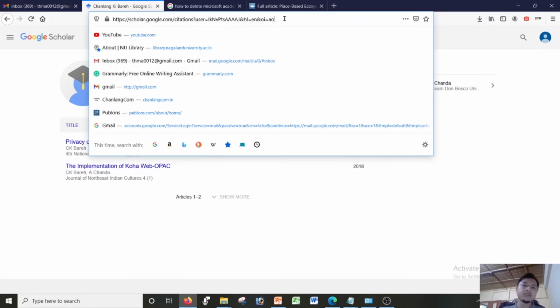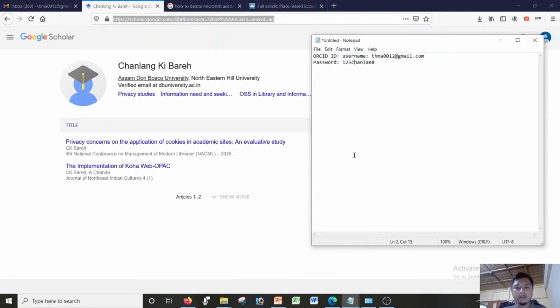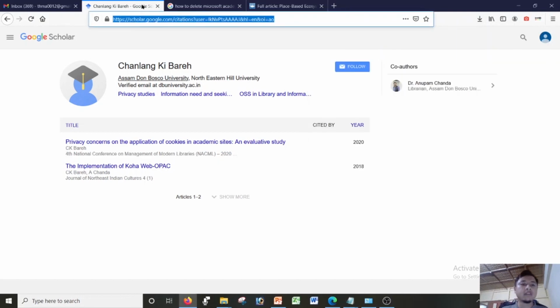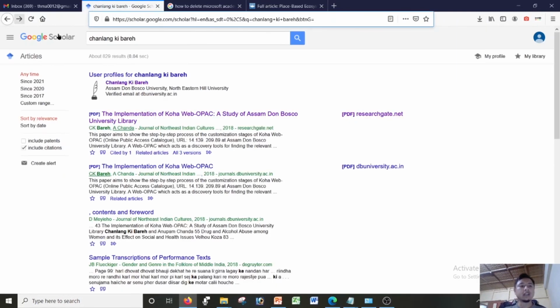Whenever they ask for your ID, you can instead just copy the whole URL and save it somewhere else. So this is how you actually identify your Google Scholar ID.